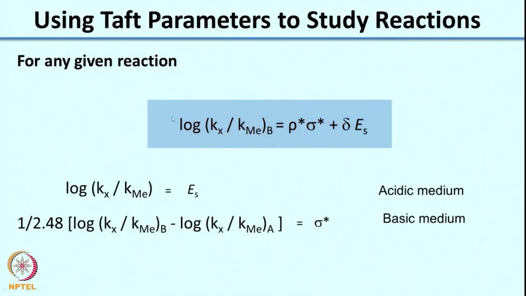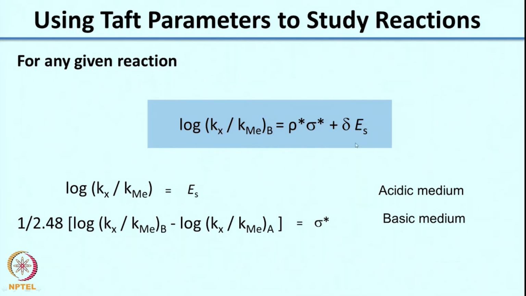So now for any given reaction, if you want to see how the reaction behaves in terms of the steric parameters and the electronic parameters, you have the Taft equation, which says log of Kx over Kme is given by rho star sigma star plus delta Es. So essentially for any reaction you compare it with R as Me and you see how it correlates with sigma star for the electronic parameters and how it correlates with Es to give you how the sterics has an effect